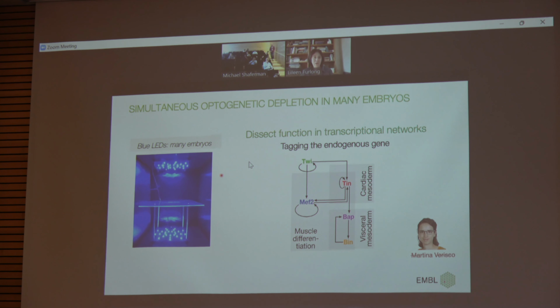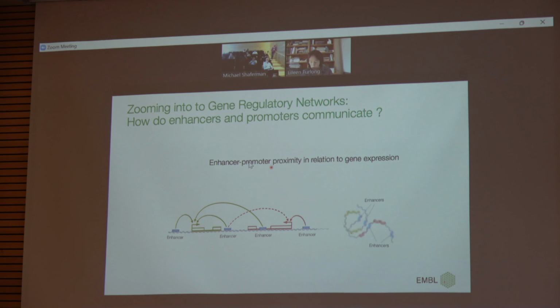But now I want to, in the last part of my talk, switch gears a little bit, and you can think of this as zooming into the nodes of gene regulatory networks. As I said, these are really the enhancers, to get back to how they work. I want to discuss this with you because it's maybe a little provocative at the end. I want to hear your opinion about this. I've only presented this, I think, once before, and also if you have any ideas of how we could actually